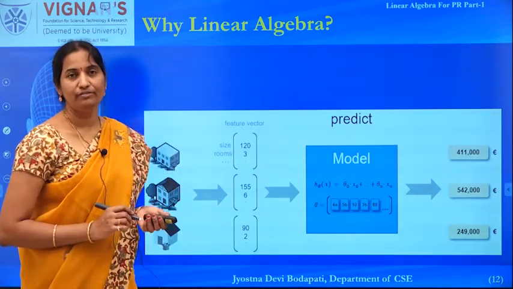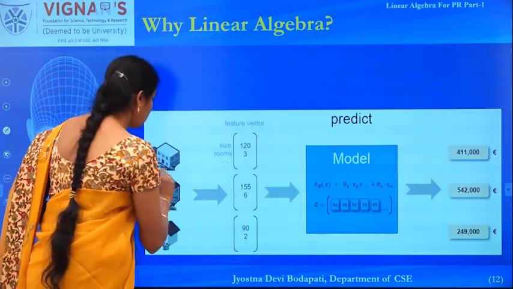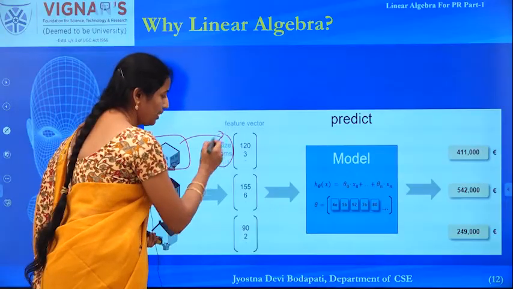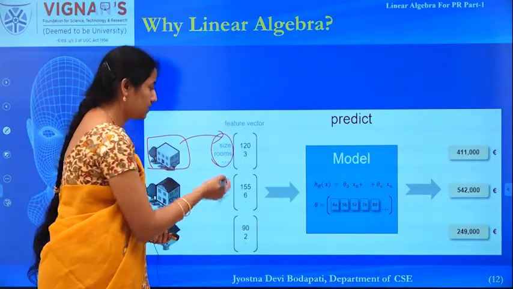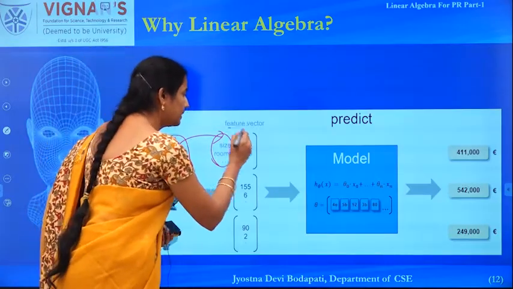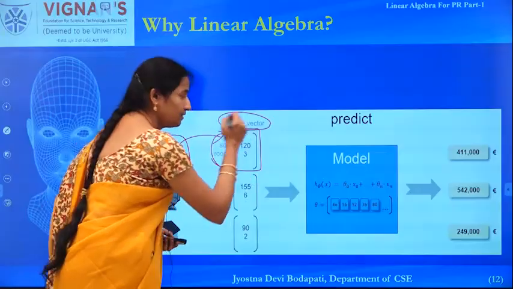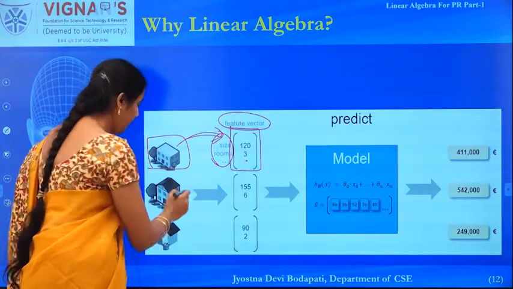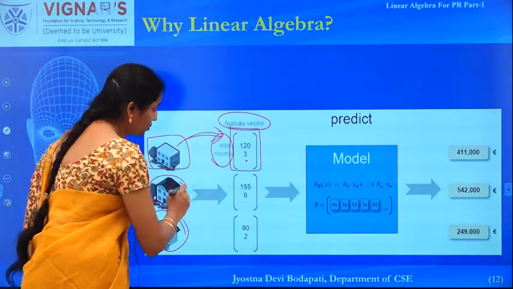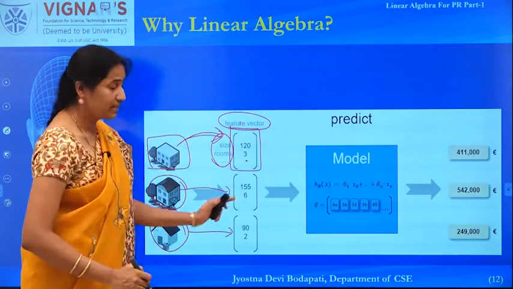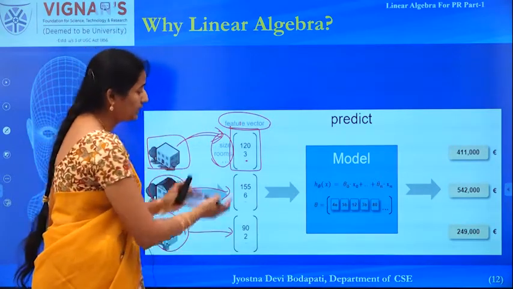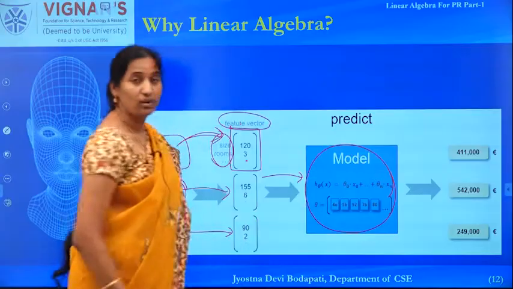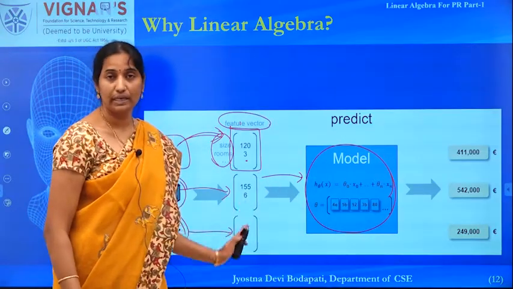Now consider this example of a house prediction problem. The given raw data is the number of rooms, number of bedrooms, size of the house and the location. That is converted into a set of features, which we call a feature vector, and each house is represented as a single feature vector. Likewise we have multiple houses. All the house data is represented as separate feature vectors, and all together they are passed to your machine learning algorithm. Inside your machine learning model, it processes the data that is passed as a set of vectors or a